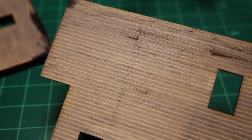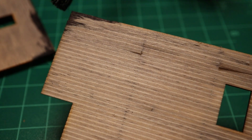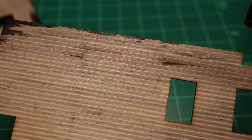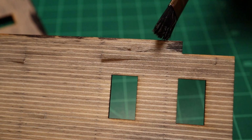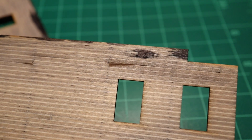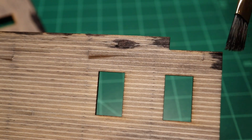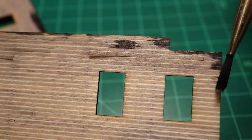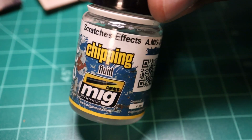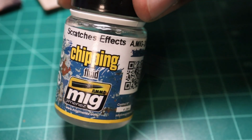And here I am using black stain from them as well, just where I'm doing the edges, and I'm dancing around just a little bit because I don't want the stain to be too much, like for the first pass. So I'll just dab on it, and then I'll touch it up just a bit and keep pushing it, just get to my liking. And this is a chipping fluid from Ammo,